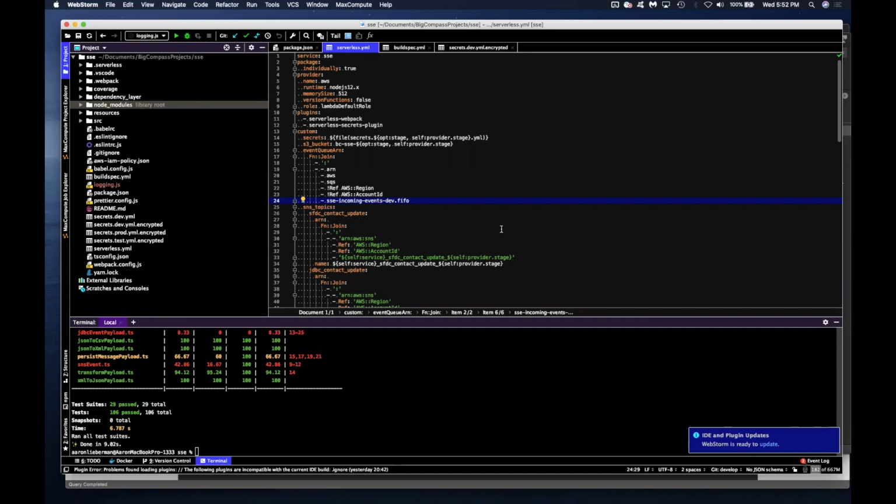But serverless is really great for standing up those serverless services and being able to deploy them at the click of a button. What we're doing here is we're standing up everything from those SQS queues to the SNS topics to the AWS Lambdas and the API Gateway itself. And all that's done just in configuration here in our serverless YAML.